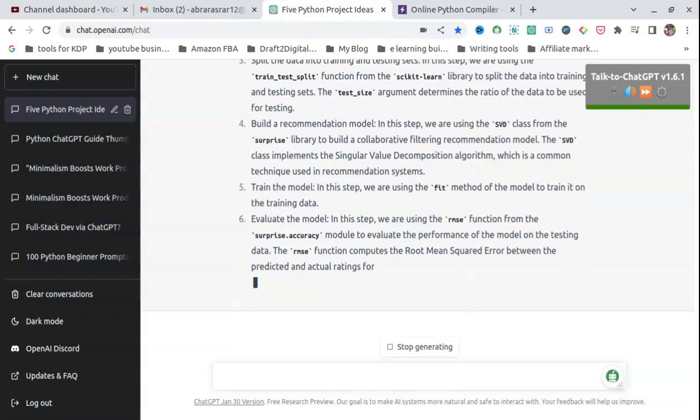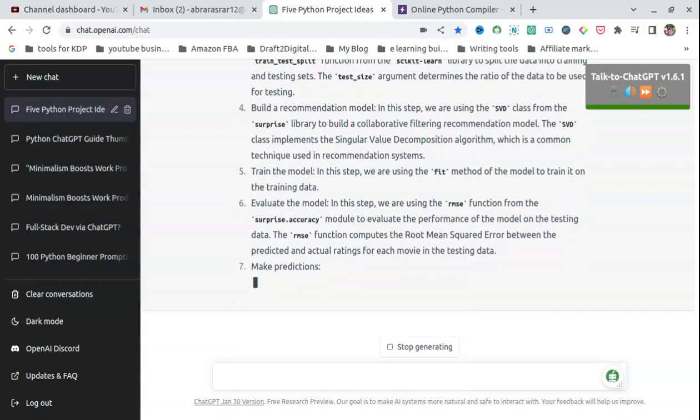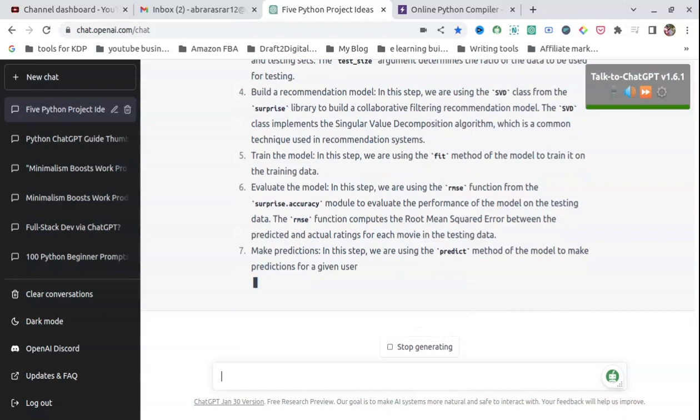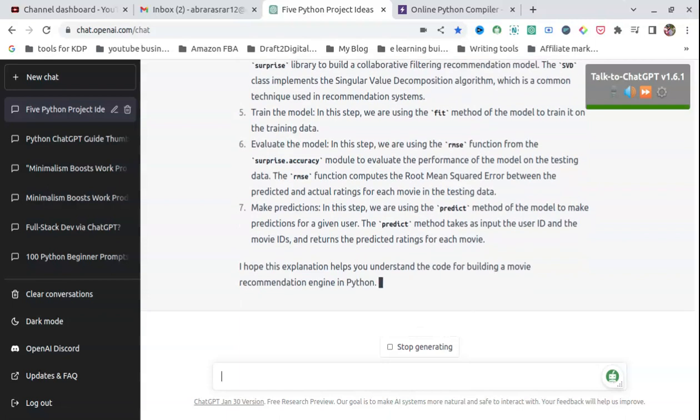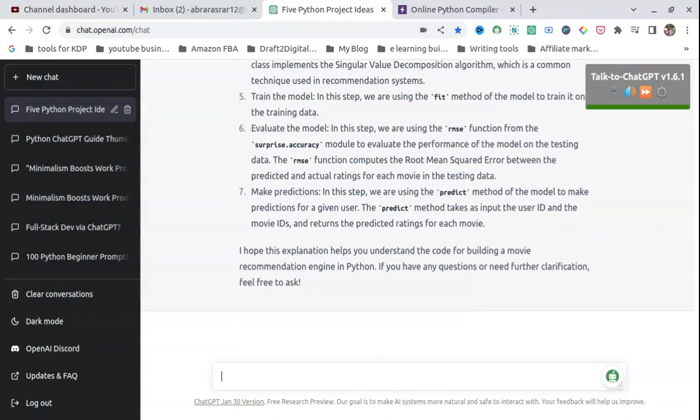It is revolutionary. Guys, we can say, okay, ChatGPT, thank you for your beautiful explanation.